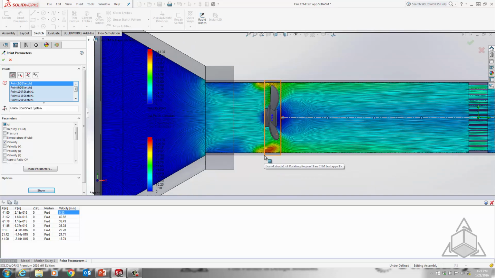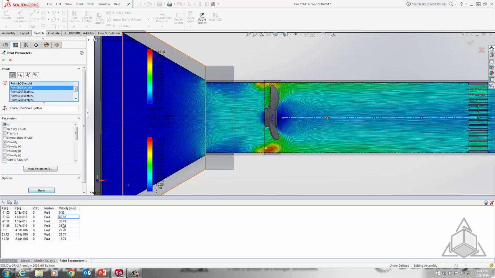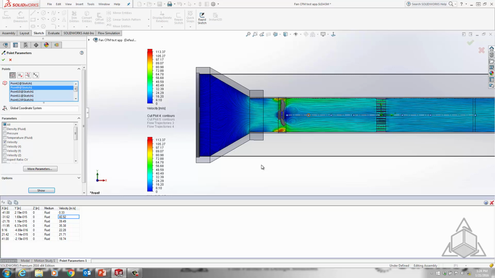If you don't believe me, next time you see a fan, just try to put your finger right in the middle, right in front of it, and you'll see there's actually no air in that area. And then as you go into the second location, that velocity goes up, and then as it flows past the straightener and out the system, the velocity is going down. Makes sense. Now if you want to view this in a graphical form,